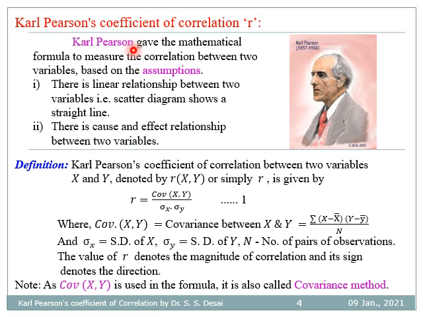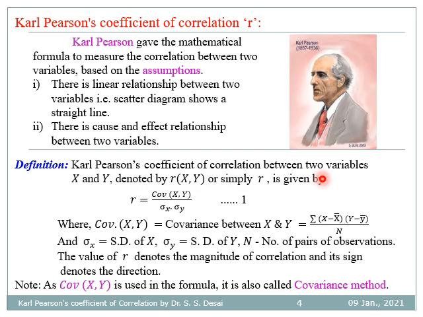Karl Pearson has given the mathematical formula to measure the correlation between two variables, which is based on the following assumptions. There is a linear relationship between two variables. There is a cause and effect relationship between two variables. Karl Pearson's coefficient of correlation between two variables x and y, denoted by rxy or simply